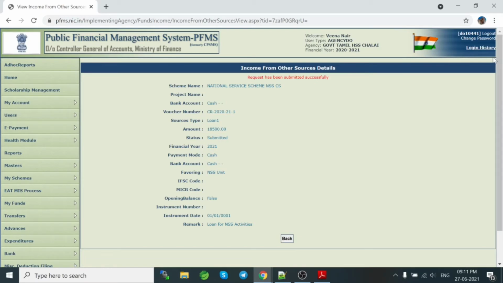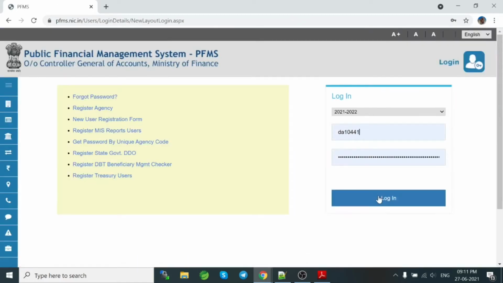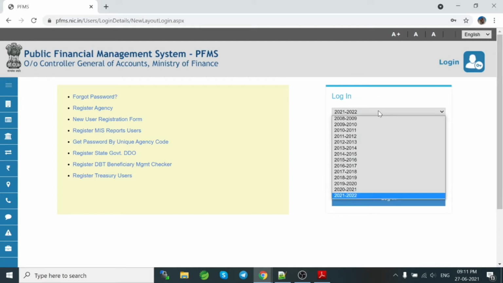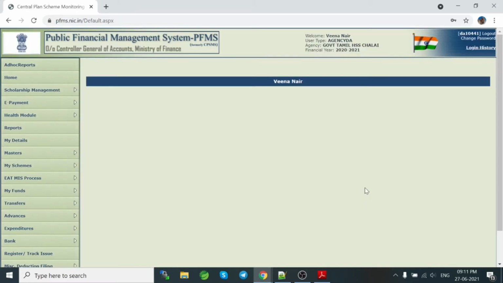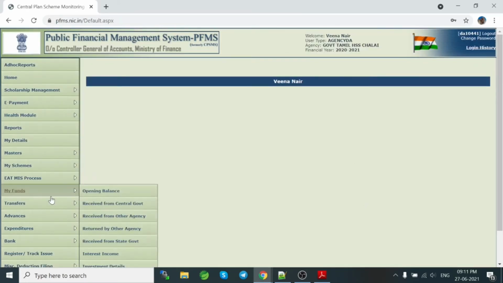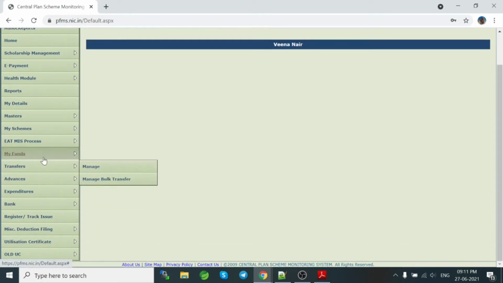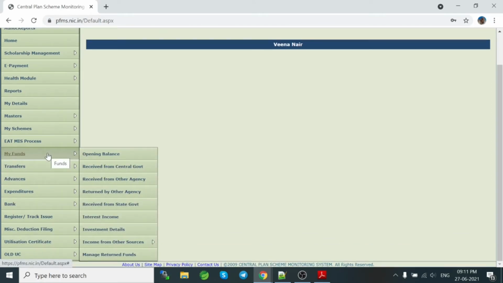Now you have to log out of this and log in as data approver. Give the data approver username and password here and click. Every time remember to select the financial year for which you are entering. Select 2020-2021 here. Click login. Then in this go to my fund,